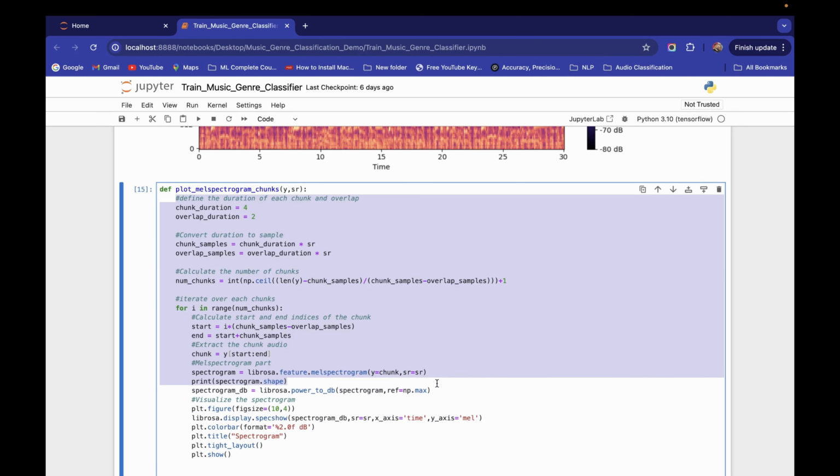Then we have to apply this resize function. The resize function also takes a target shape, so we will pass our target shape which we have defined here, along with the expanded numpy array. It takes these two things and converts them into 150 cross 150. Then we have done everything, and now we have to append this data to the list.